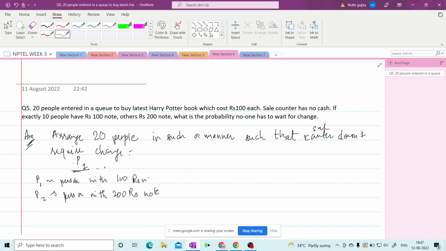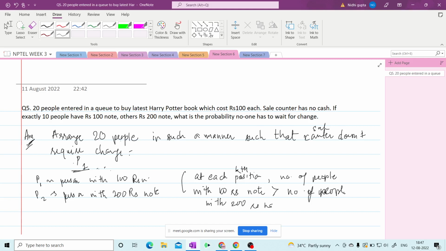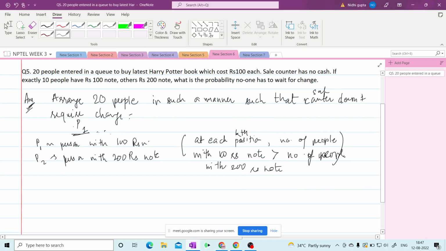So basically what you are saying is that at each kth position, the number of people with a 100 rupee note should be more than the number of people with a 200 rupee note, right? So can you think, from the previous lecture, if we had some similar situation, where the number of people with 100 rupee notes should always be greater than the number of people with 200 rupee notes? So what we are doing first, our first step is